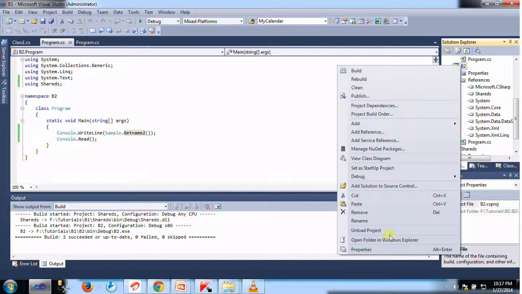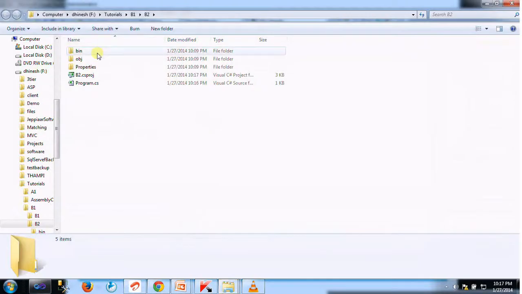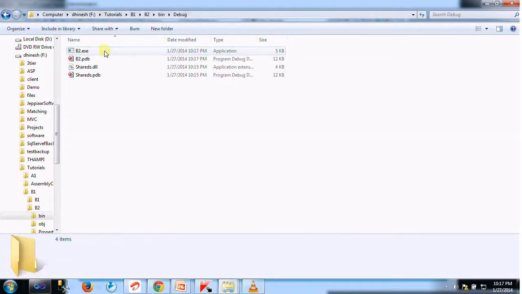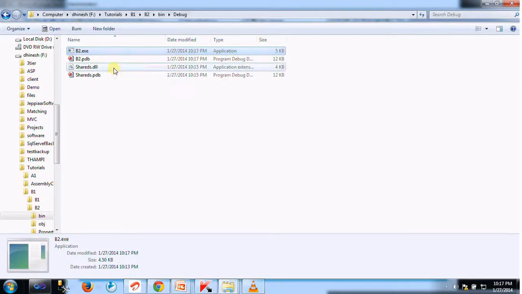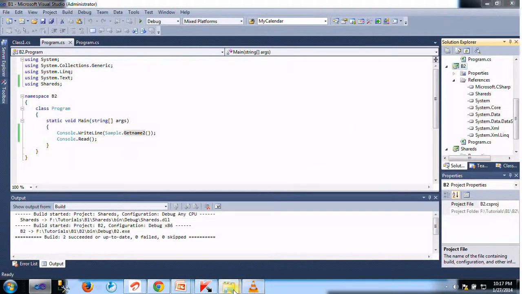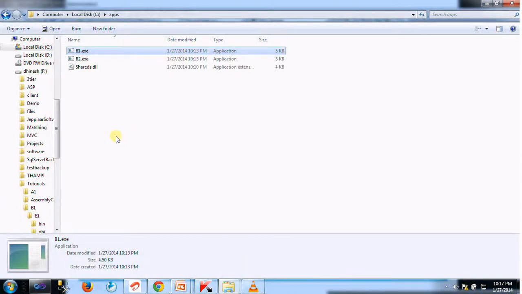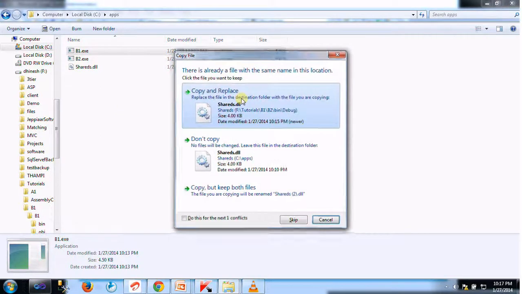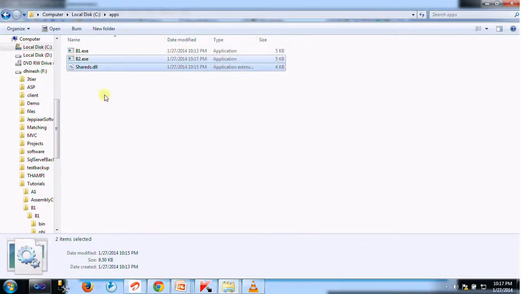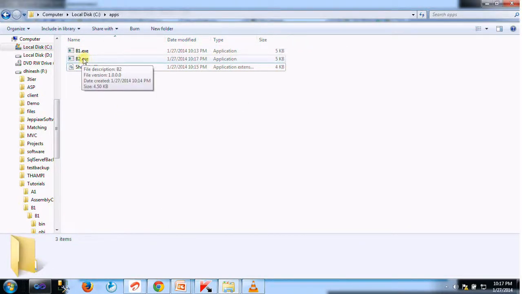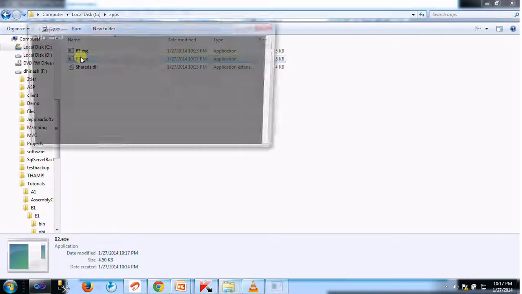Open folder in Windows Explorer, go into the bin directory, copy P2 and the shared DLL, close this folder, go into the apps folder and copy and replace. This P2 is the new version with the change of the P2 console application and the shared assemblies. Let's quickly check this.